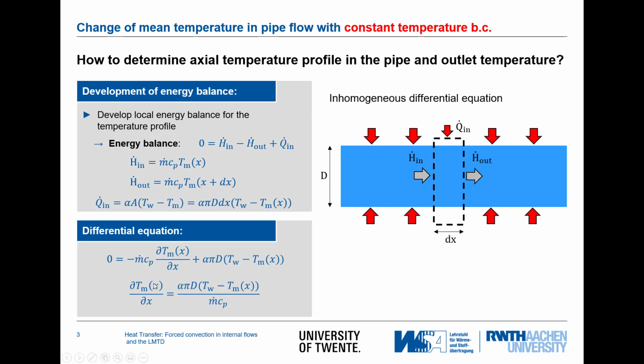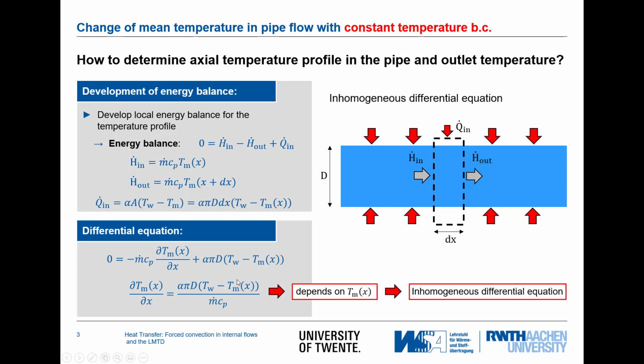We can bring this over to the other side. Now here we have the differential of the mean temperature, but unfortunately we have also the mean temperature in here. So we see that we have an inhomogeneous differential equation for which we can apply again the knowledge from the conduction lectures with the introduction of